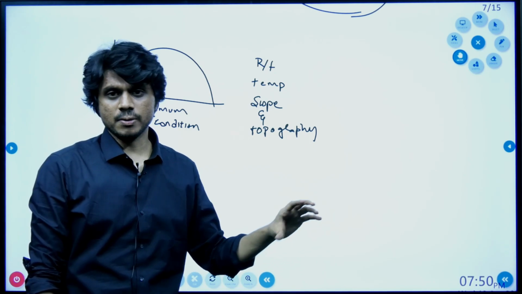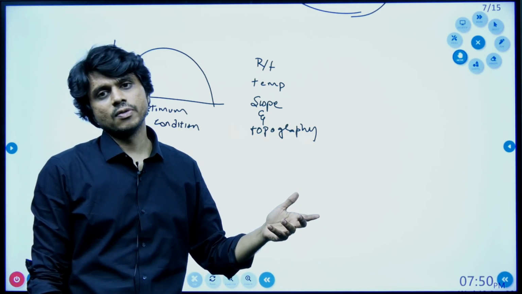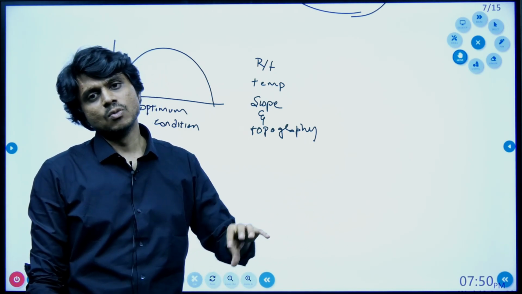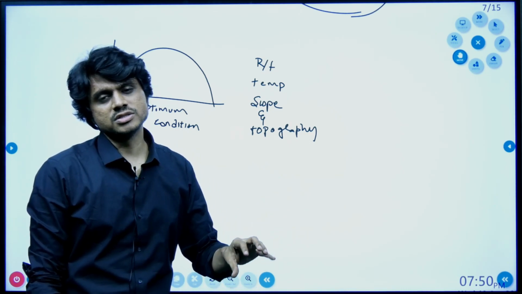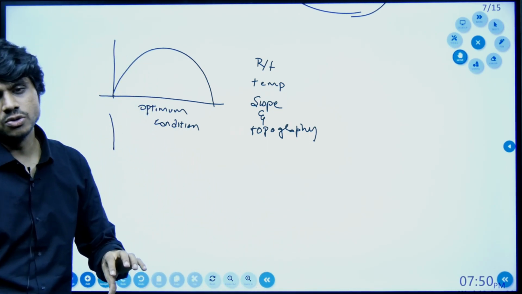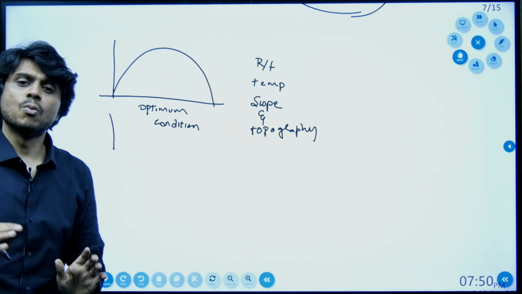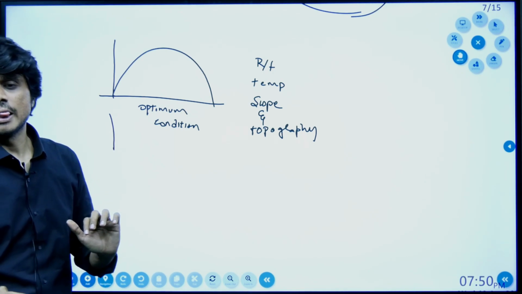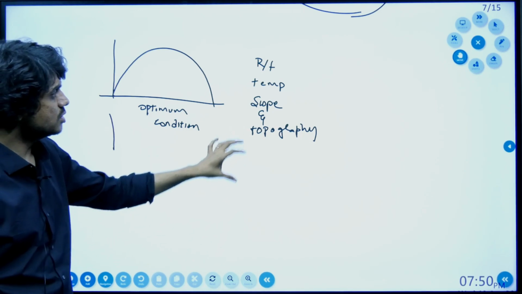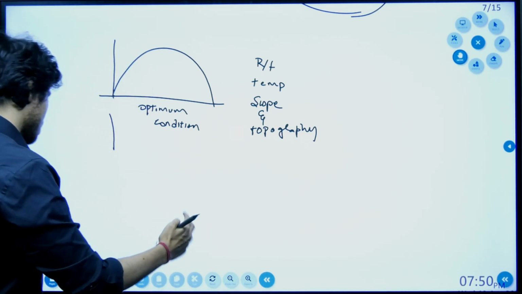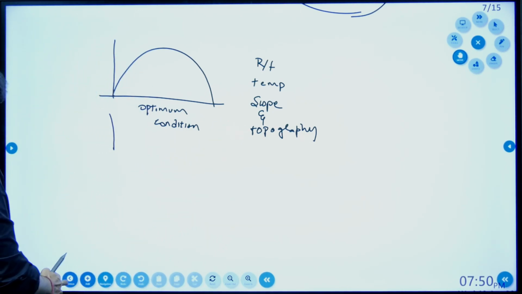Rainfall can be divided into three provinces: where the rainfall is more than 100 centimeters, where the rainfall is 60 to 70 centimeters, and where the rainfall is between 60 to 100 centimeters. Based on that, you have the different types of vegetation. We have also seen the vegetation. Now when they ask about the distribution of the